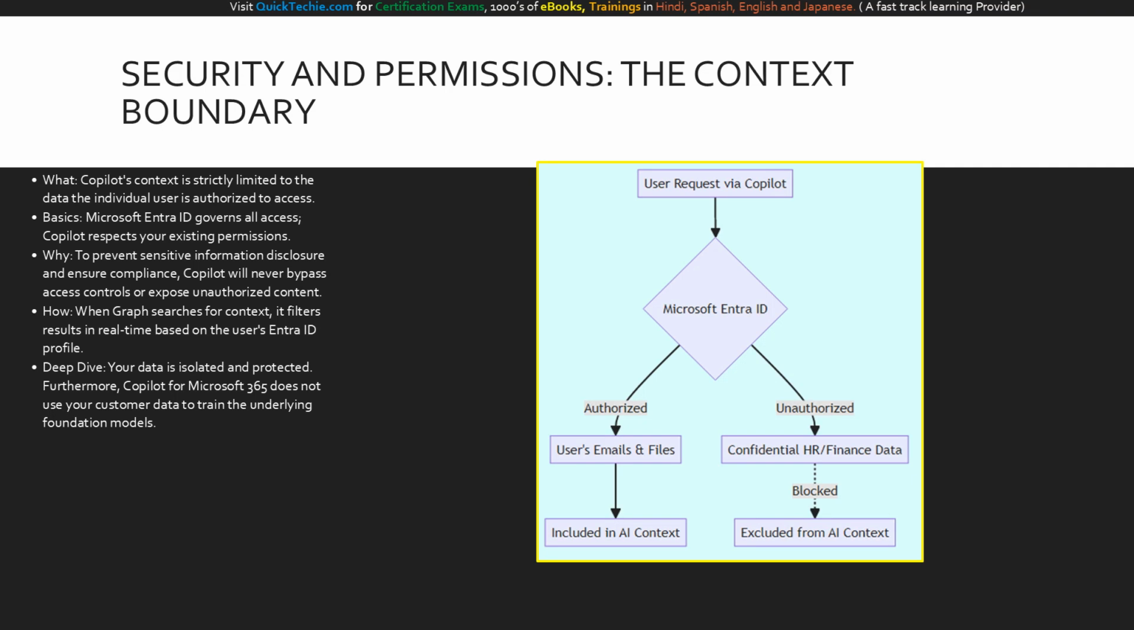A critical aspect of context that senior leaders and IT professionals always ask about is security. Does Copilot have access to everything in the company? The answer is a definitive no. Copilot's context is strictly bound by your individual permissions. Governed by Microsoft Entra ID, Copilot only accesses data that you are already authorized to view. If you cannot search for a sensitive HR document on SharePoint manually, Copilot cannot read it either, and therefore cannot